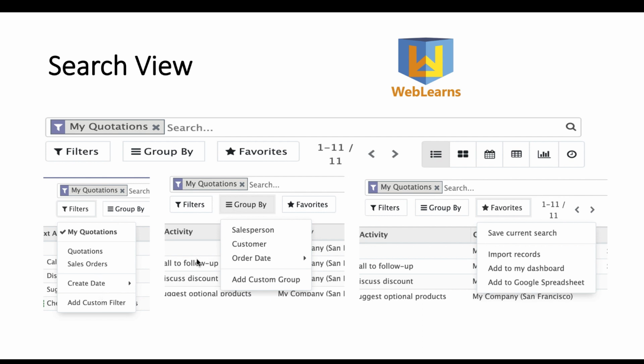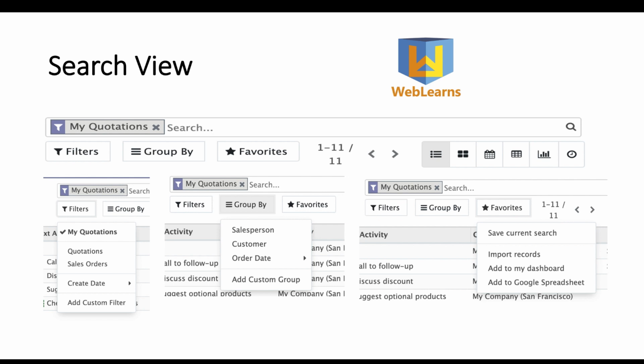Then the next one is group by. You can perform group by operations using this button. The last one is favorite. Here in favorite, by default you can see the import records option. Using it, you create one CSV file, assign the model's field names, and create records from the CSV file.